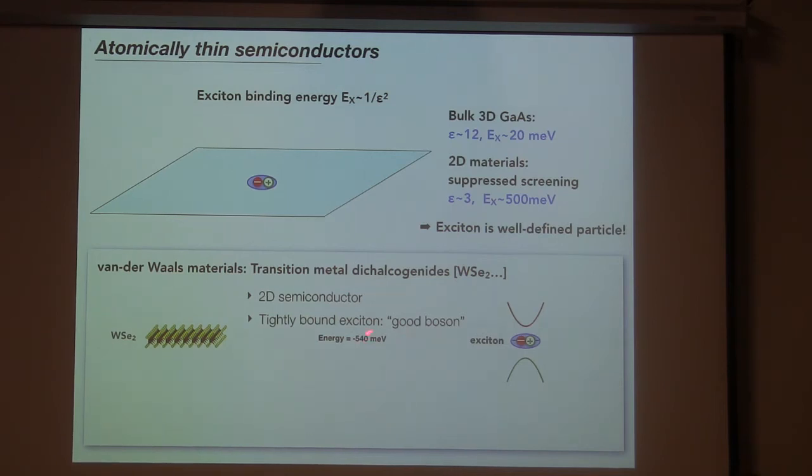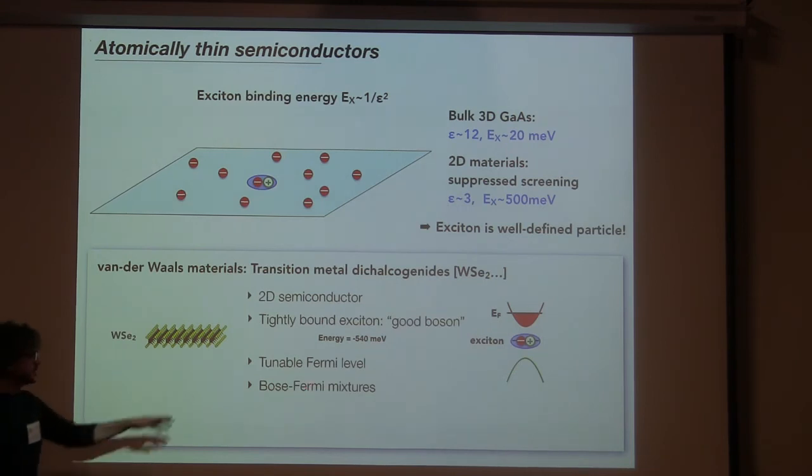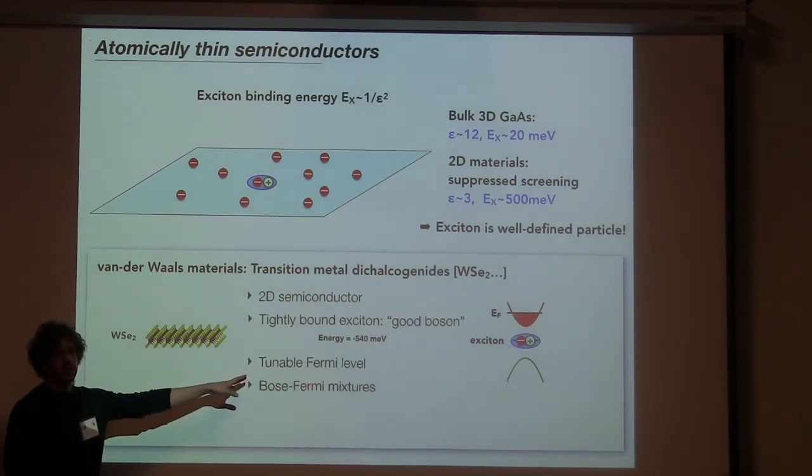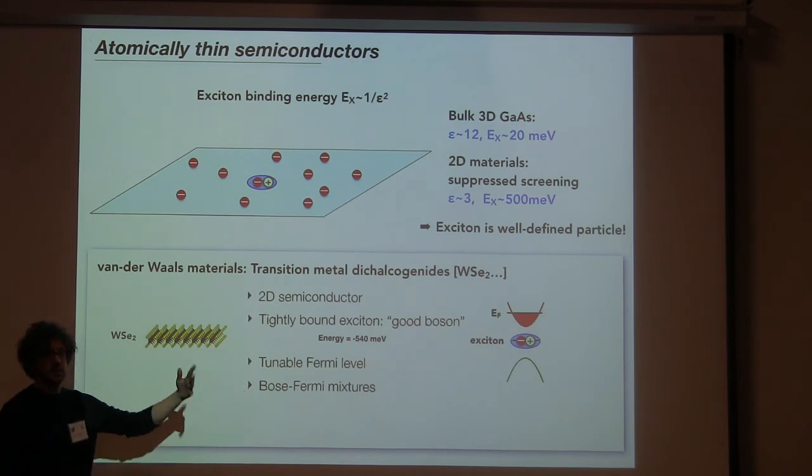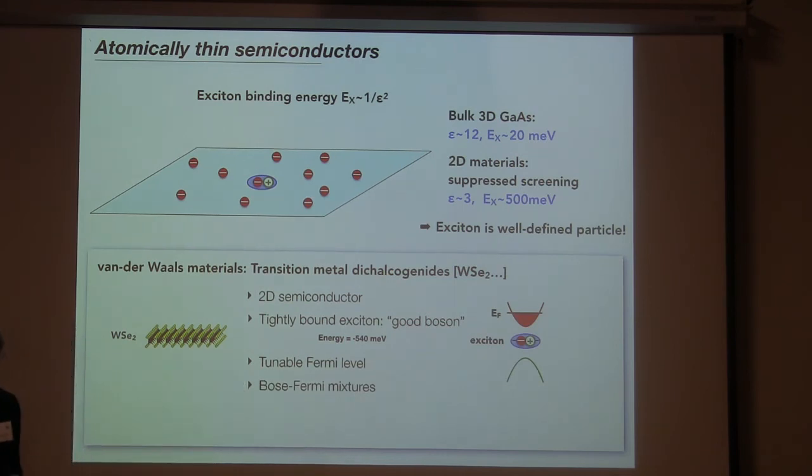But the take-home message is, this is 500 meV. If you then dope the system with electrons which have a Fermi energy of 50 meV, this thing is still well protected from getting destroyed just by density in the system. And then we can talk about, well, now we really have nice fundamental point-type boson particles inside of the Fermi sea, so we can do the same games as we play in cold atoms with boson-Fermi mixtures and actually study the physics in these systems and see what we can do with this.